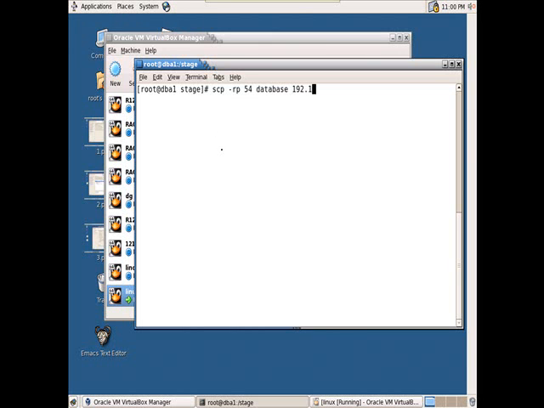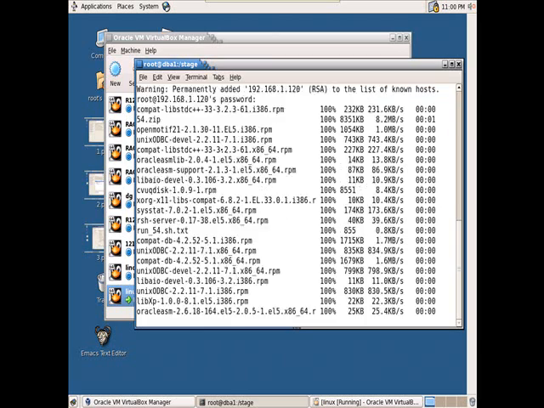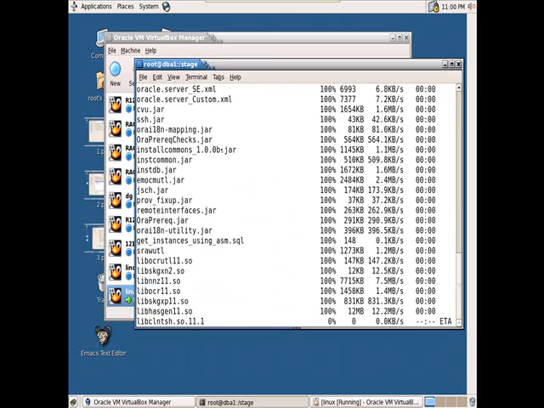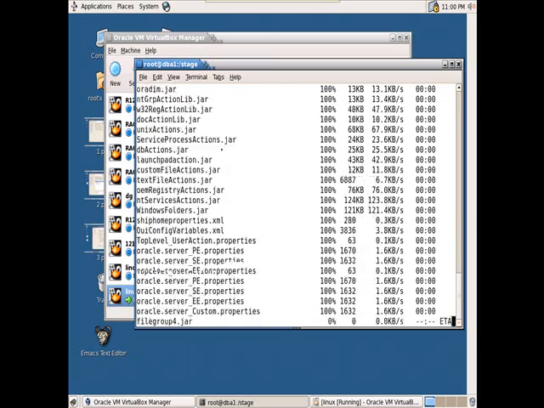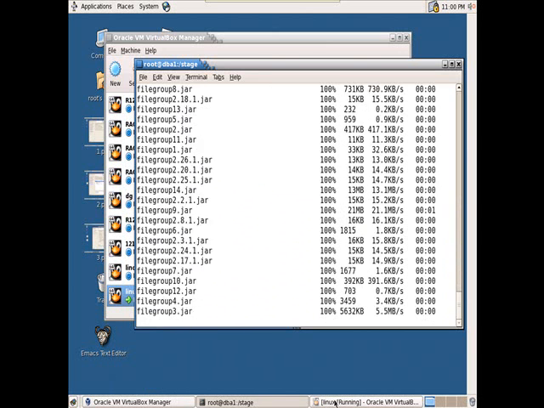I'm sending to 192.168.1.120, the machine with the 120 IP address, to that stage location. It is asking, are you sure you want to continue? Yes. It is asking for the password. Specify the password, hello 123. If you see, two directories, 54 and database, are getting transferred to our virtual machine.